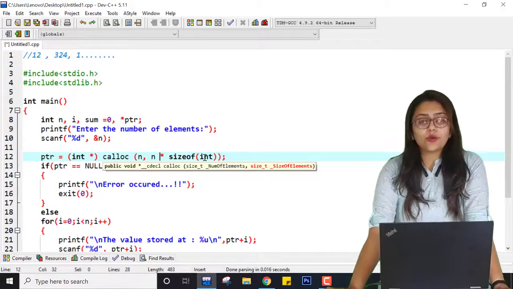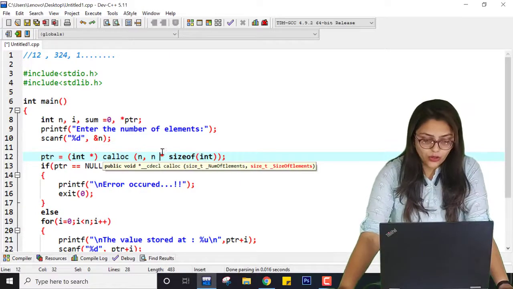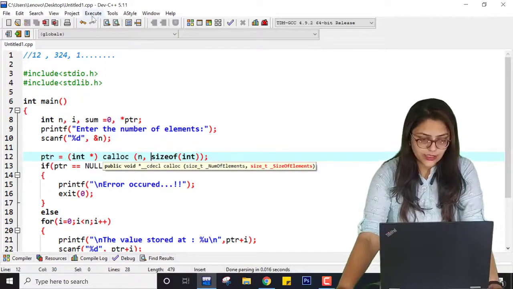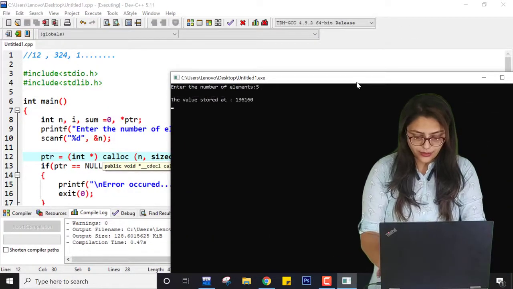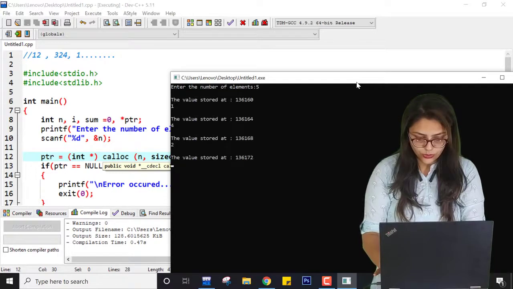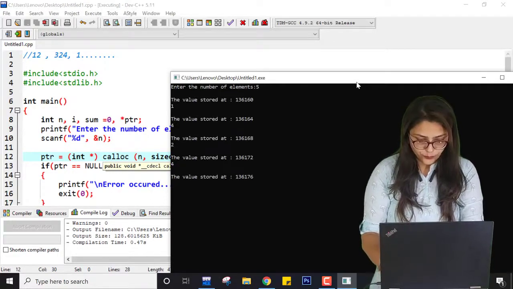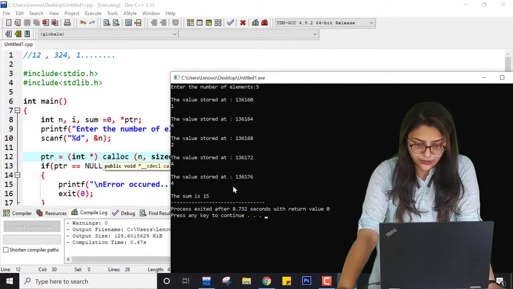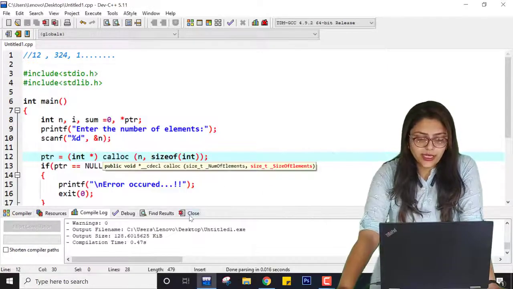One more thing that I want to talk about is instead of adding into size of int, we can also use just size of int over here. Let me save this program and let me show you that here for 5 I am entering 1, 4, 2, 4 and 4, right? So the answer is 15. Let me take 4 plus 4, 8 and then 10 and then 14 and then 15, right? So here you can see we can do this. So this is the syntax for calloc.